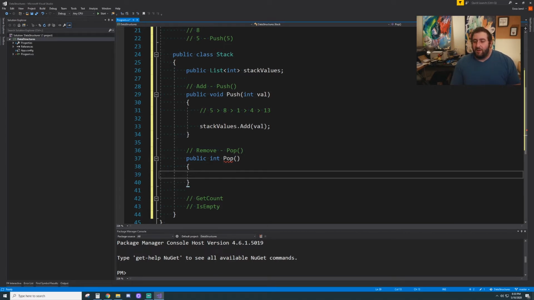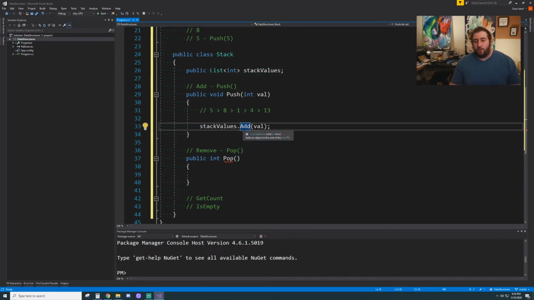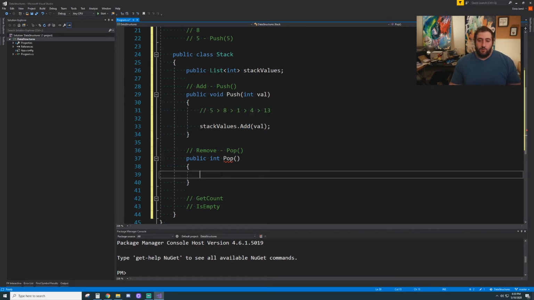So simply, what do we need to do here? What we need to do is we need to remove the value at the end of our list object, right? So stack values, every time we push a value onto it, we add it to the end of our list. So our list currently looks like this. Now to remove data from there, what we need to do is let's say get int temp and get it from the end of our list. So let's say stack values dot,